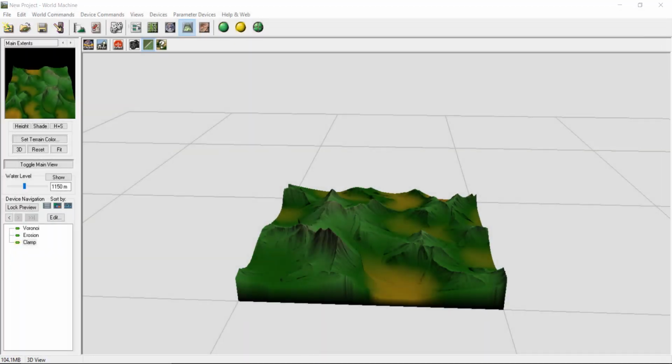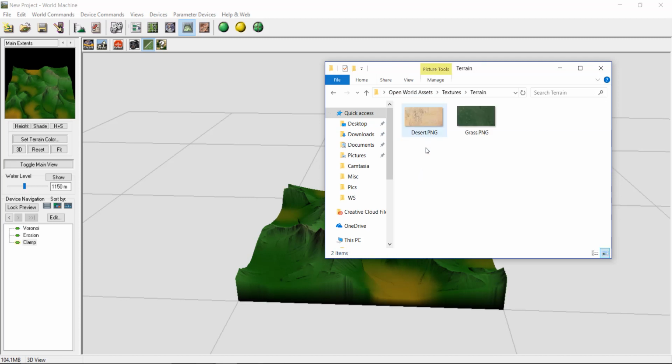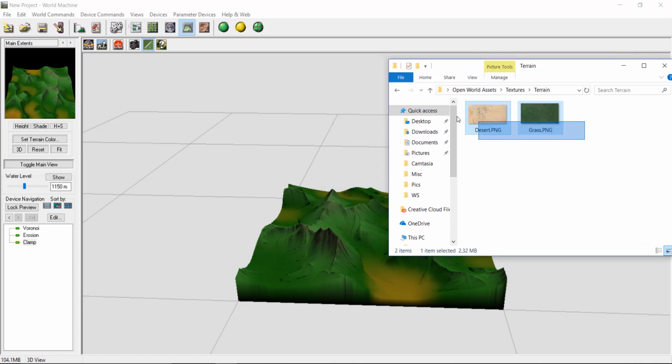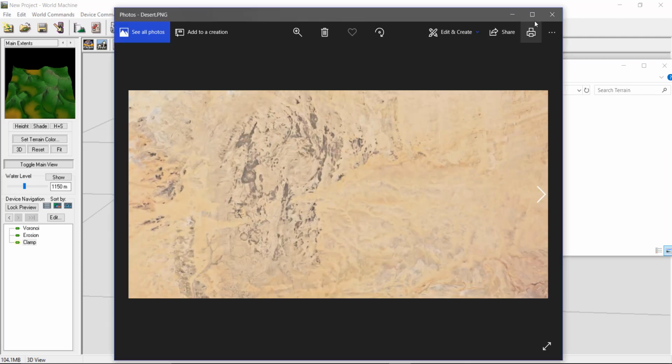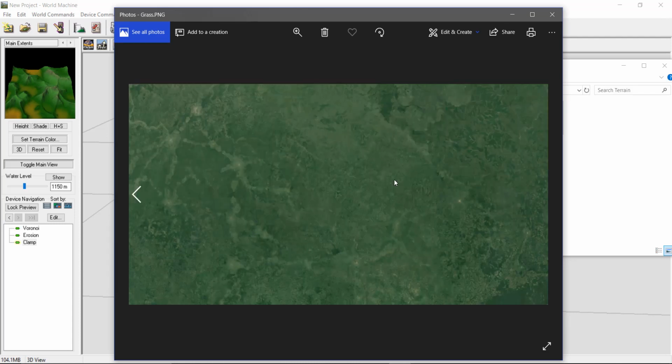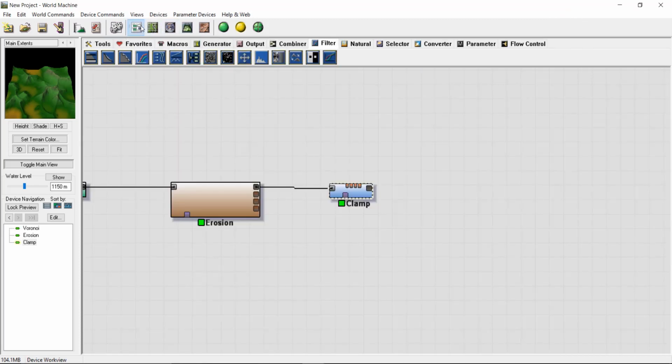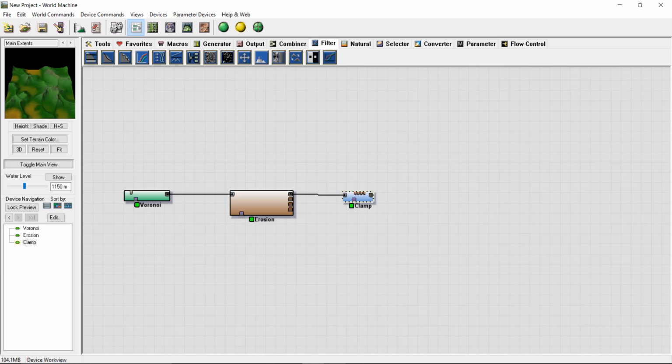So now if you head back, you can also get my snips in the textures, terrain, the stuff I snipped. So you can see I've got a really nice desert thing, and a really nice grass thing with these veins. So this will work really nicely. Now what you have to do to actually implement this is